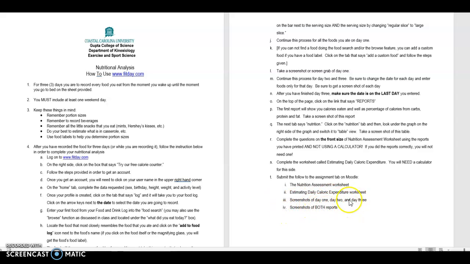and the screenshot of the reports, not just of the averages for day 1 and day 2 and day 3, but the reports that do the average of all 3 days combined. So it explains this in great detail. Just follow step by step by step, and you should be able to understand what you need to turn in